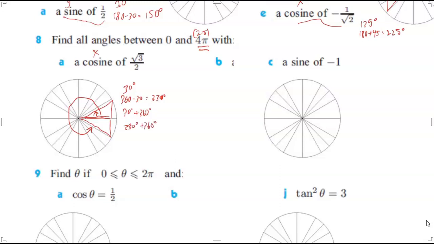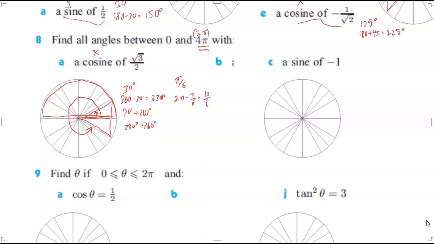Okay, now remember, we do need to figure all these in radians. So 30 degrees is pi over 6. Okay, how do I know it's pi over 6? Because I'm going to divide this half circle into 6 pieces, right? So 30 degrees is pi over 6. 330 degrees would be 2 pi minus pi over 6, which would be